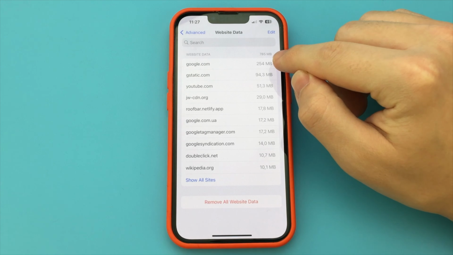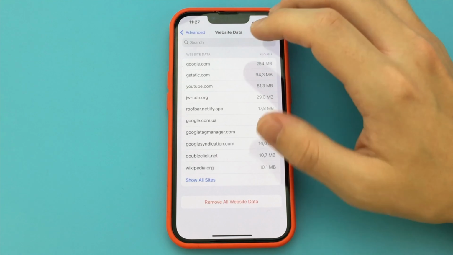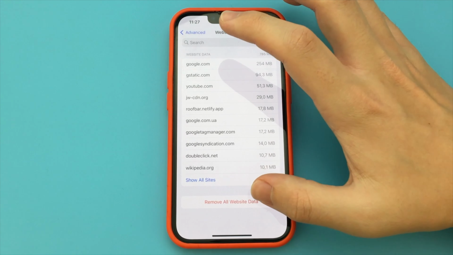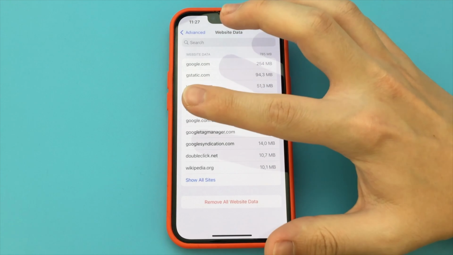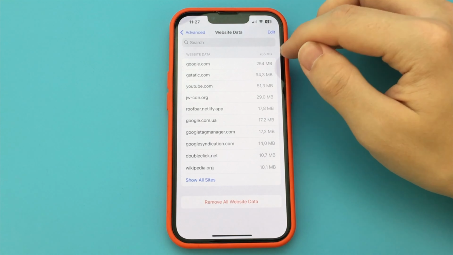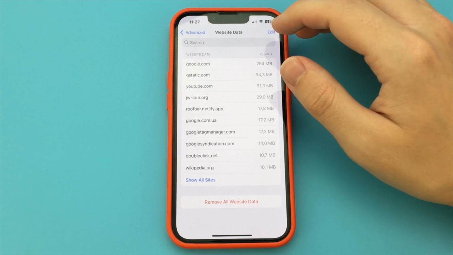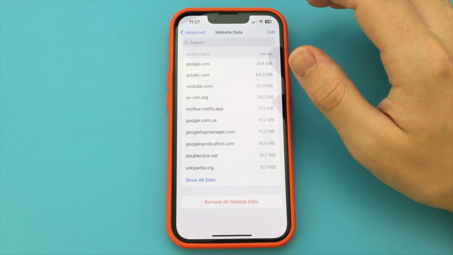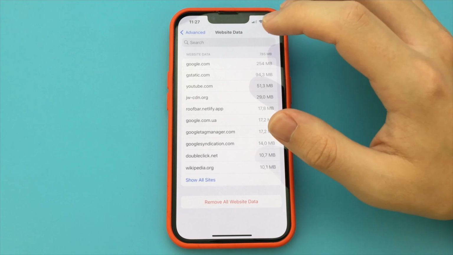If you have never cleaned storage with this method, you may have a lot of gigabytes of storage. Click here. But there is one warning. After these actions, all your history in Safari will be cleared, all the tabs that have been opened, but the saved bookmarks and favorite sites will remain. But it will delete all the information you viewed in Safari. If that doesn't scare you, this is a great option for cleaning up.